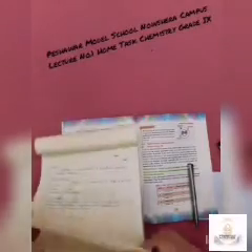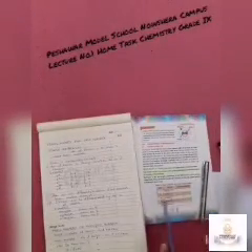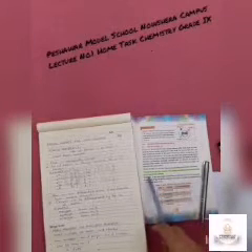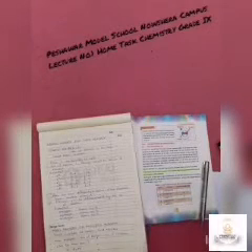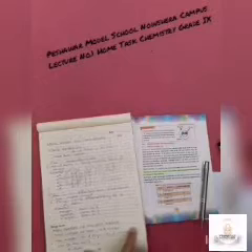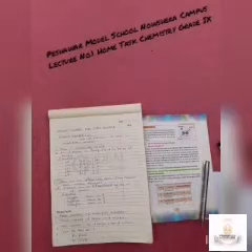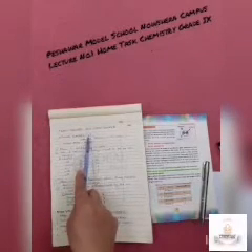Let's move toward what is meant by atomic number and mass number. Open page number 15. Look at the definition. The atomic number of an element is the number of protons present in the nucleus of one atom of that element. Atomic number means number of protons, that is, how many protons are present in the atom of an element. What is meant by atomic number? It is represented by the symbol Z.